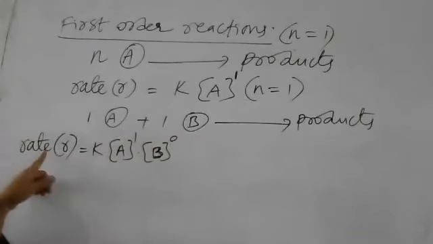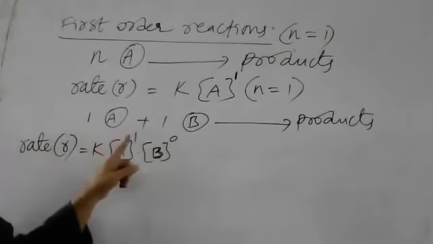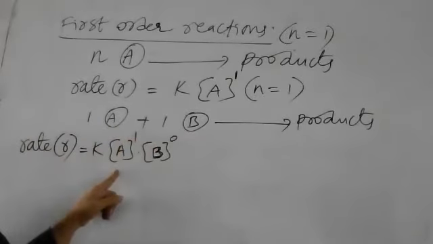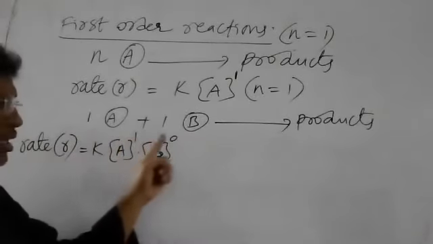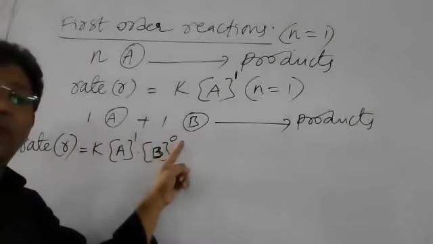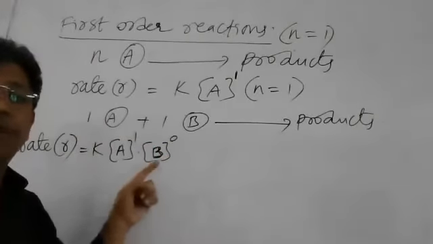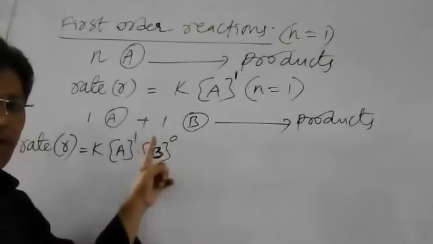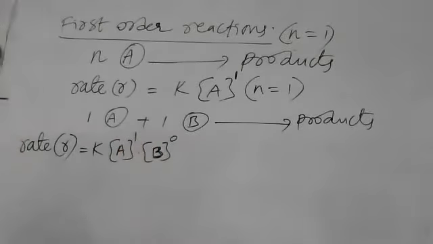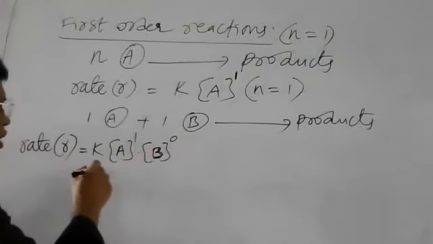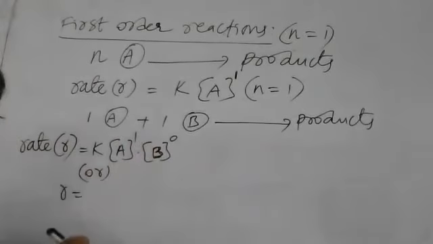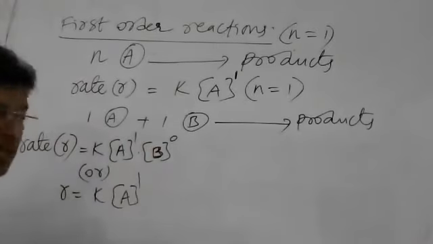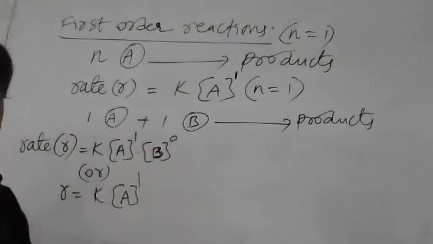Now here, this rate of reaction is directly proportional to the first power of concentration term of A. And the rate of reaction is directly proportional to the 0th power of concentration term of B. Here B to the power of 0 means 1, so 1 into A to the power of 1. Directly what we can write now here? Rate equals rate constant K into A to the power of 1. That's all. B to the power of 0 we need not write.